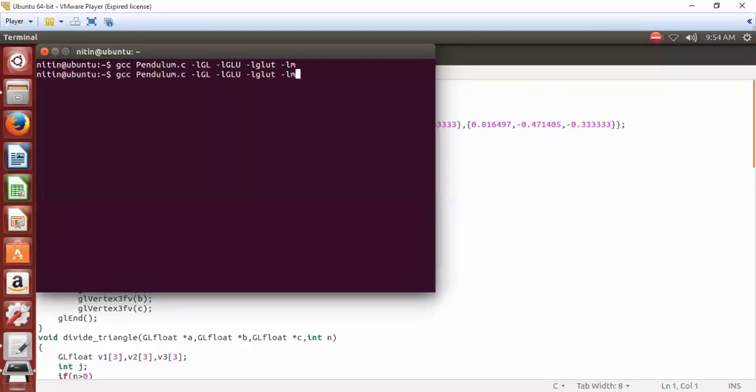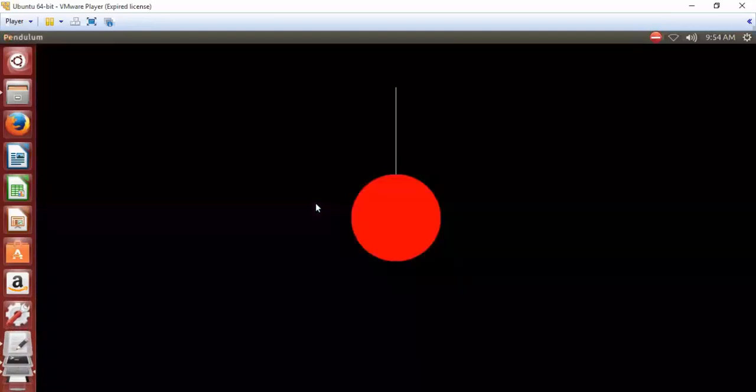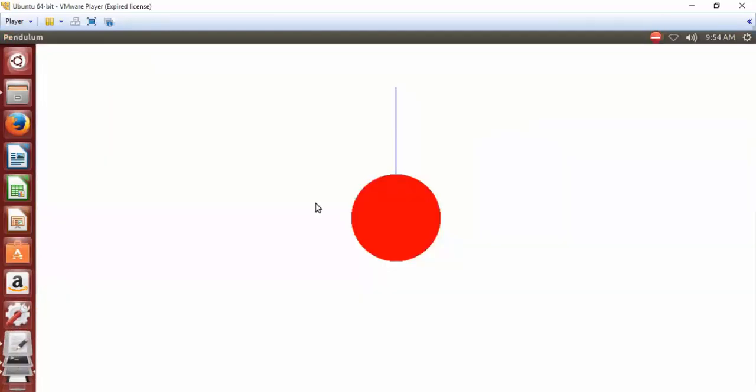There is no extra command required for output or compilation. So this is the output of the pendulum window. It will oscillate in an anti-clockwise direction.